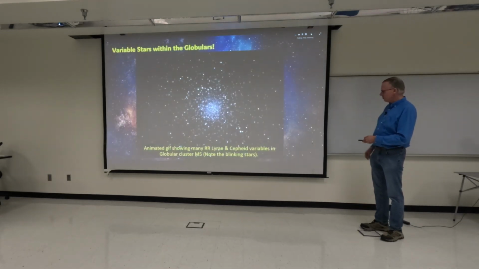And you can see, everybody see the blinking period right there? The difference with the RR Lyrae versus the Cepheid variables is that they tend to blink at different rates. So I think that's a Cepheid variable, and there are the RR Lyrae stars. I picked out maybe about 30 of them blinking in that scope. I mean, blinking in this globular cluster.